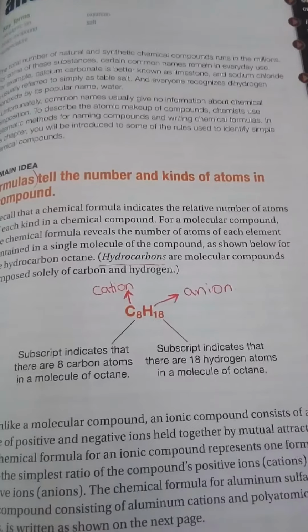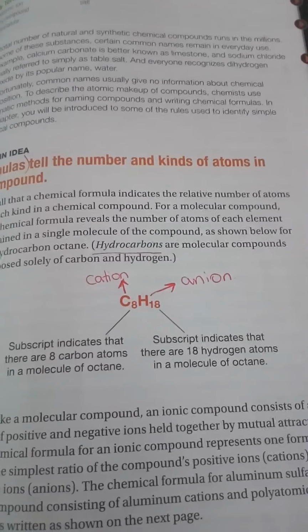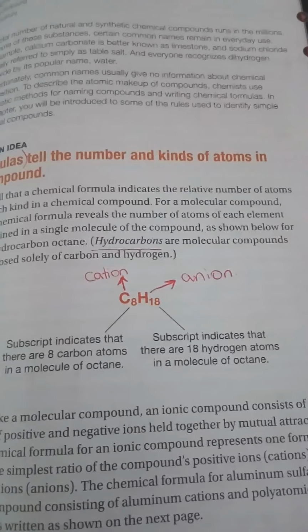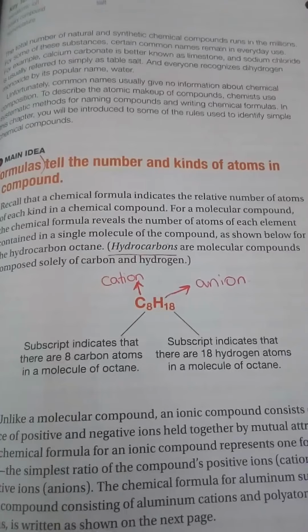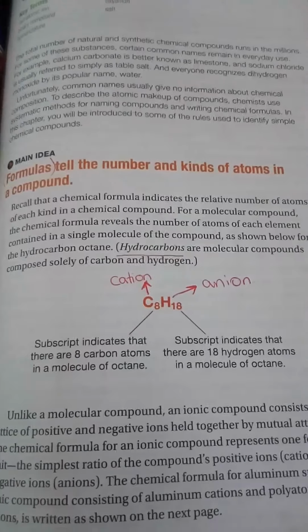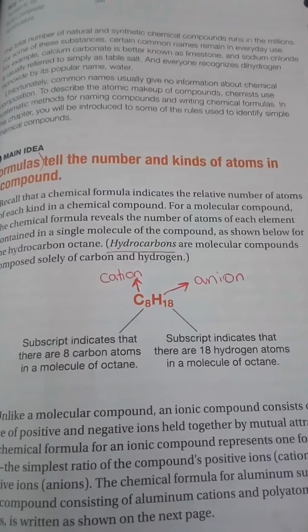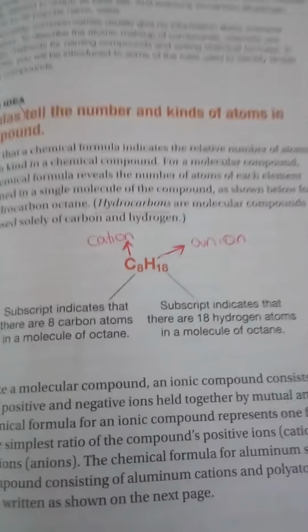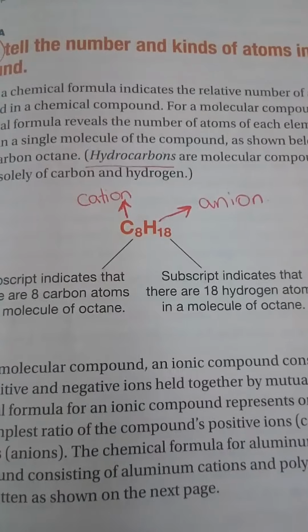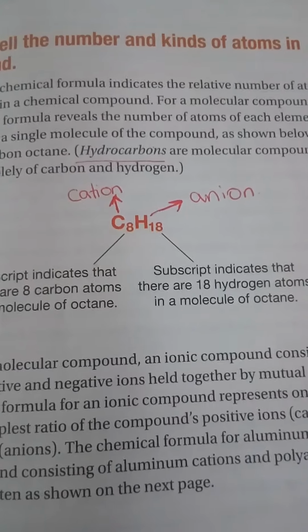So basically a chemical formula is like the one that you're seeing in front of you. This is also called a hydrocarbon. Now, it's called a hydrocarbon because it's made of hydrogen and carbon. And this is a chemical formula, and it indicates the relative number of atoms of each kind in a chemical compound. It's also used to show you the number and kind of atoms in a compound. As you can see here, this chemical compound shows you that you have 8 atoms of carbon and 18